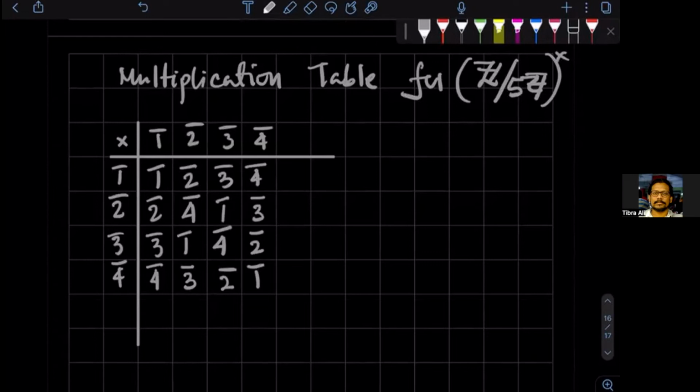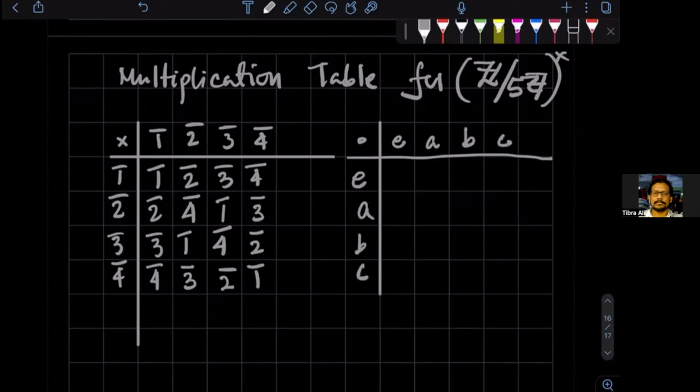Okay, so now what we can do is that we can say, if I have an abstract multiplication table now, then I have to identify, and if I identify E to be 1 and A to be 2, and say B to be